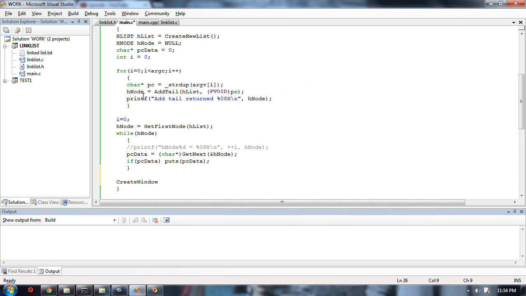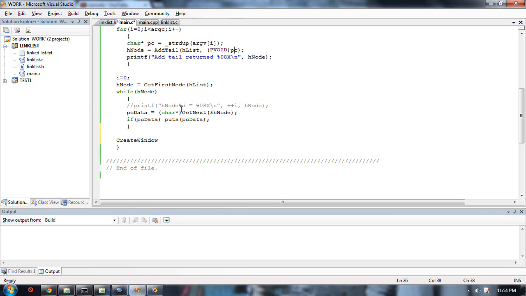If I want to get a node, I pass in a handle to the list, right? Or if I want to add something to my list, I pass the handle to the list in and the thing I want to add. If I want to get data out, I pass in my handle and the data comes out. But I don't have direct access to that data. It's through some manager that knows how to turn this handle into an internal pointer that we have no business